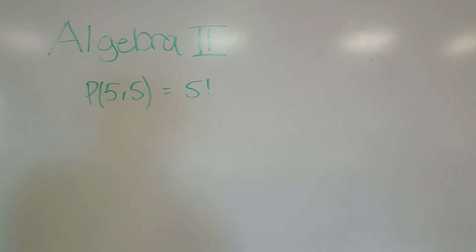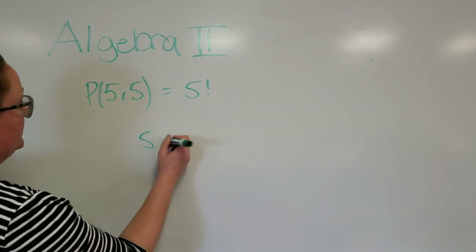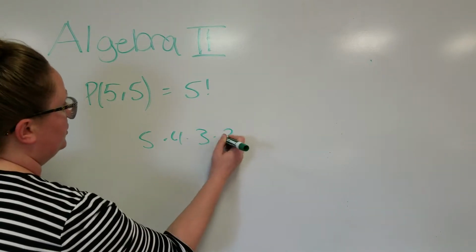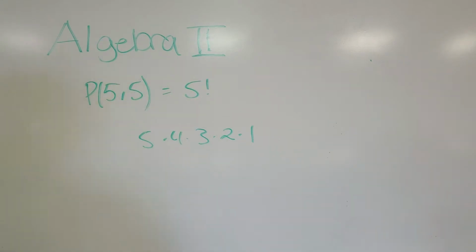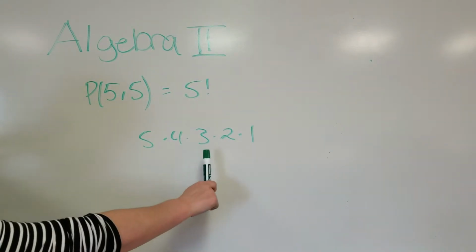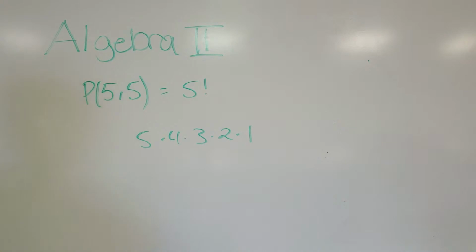But what this means is that you've got to go 5 times 4 times 3 times 2 times 1, which isn't that hard. 5 times 4 is 20, times 3 is 60, times 2 is 120, times 1 is 120. So that one's done. Problem number